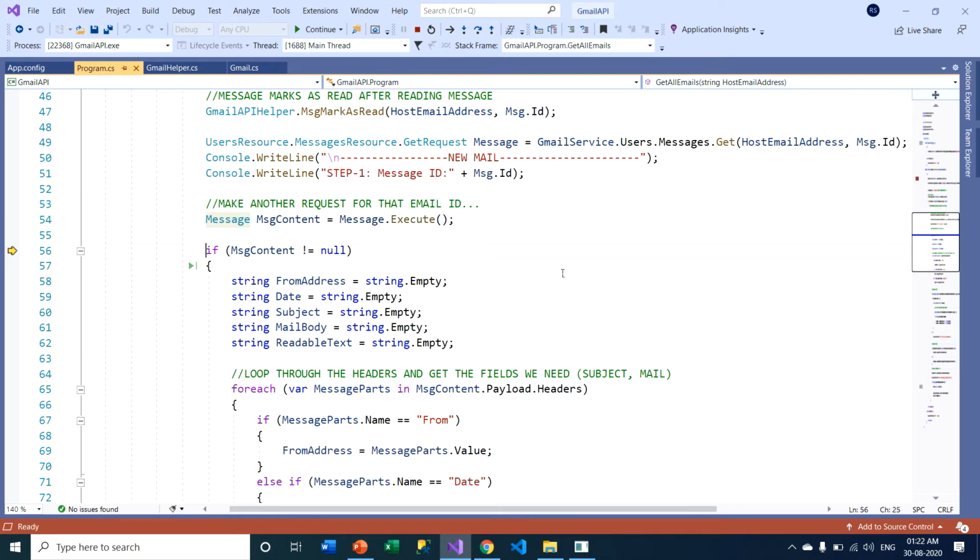After that you can see the message.execute method. After executing it, you will find the message content. This is the type of message, and the name of this variable is message content. Within this variable we find all the content regarding this particular email, this message ID.